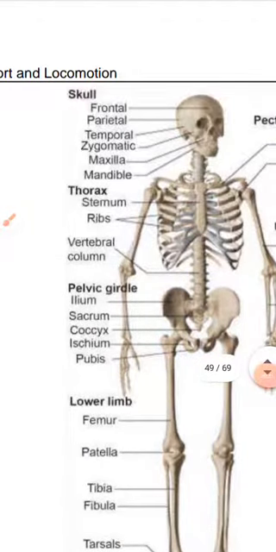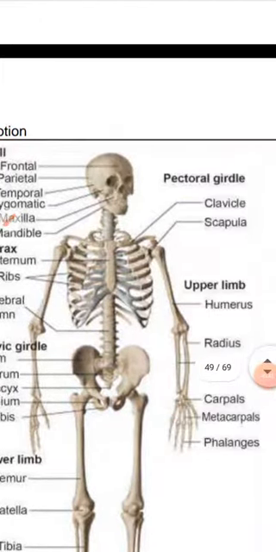Pelvic girdle, pectoral girdle. I did not tell you the bones clavicle and scapula. Two names of the bones I will tell you, then I will finish today's lecture. And these two bones will constitute the pectoral girdle, and these two bones you will essentially touch on your body. Are you ready to touch your body?